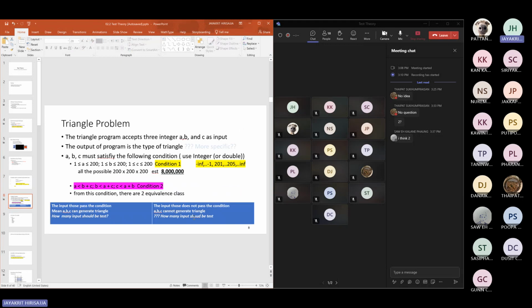Okay, this will be the example for equivalent class. I'll give you some time, about 5 minutes, to work on it. The triangle program accepts 3 integers, A, B, and C, as input. The output of the program is the type of triangle. ABC must satisfy the following conditions. You can use integer or double. A, B, and C are between 1 and 200. And